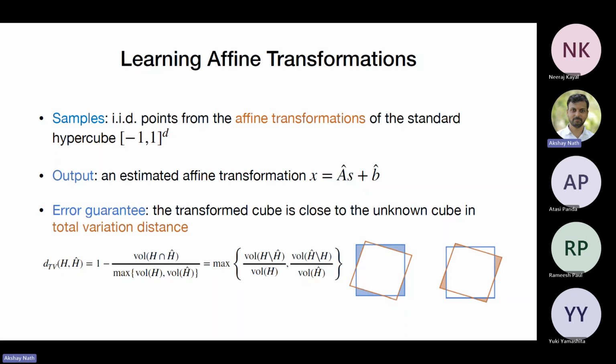Suppose we have a good estimation of A that is close in Frobenius norm, but it doesn't give us the total variation error guarantee. It's actually much worse than this total variation error guarantee. I'll talk about that later. So this implies progress. It implies a very good Frobenius norm guarantee, and also for capital A and small b, both of them, the parameter recovery. I mean, not exact, because you just mentioned those are not unique, but with some